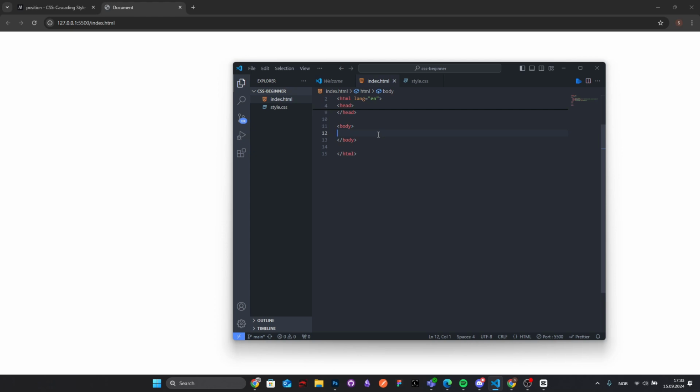In today's video, we're going to be talking about position sticky. Now, position sticky is very similar to position fixed. The only difference is that position sticky is actually a mix of position relative and position fixed. Okay, so what it means is that